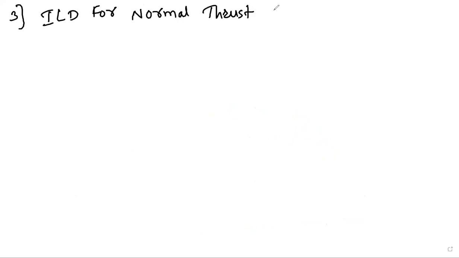Now, third, ILD for normal thrust N and radial shear. The radial shear is opposite of the normal thrust. So whatever the diagram of the ILD of normal thrust, it is the same, but with the opposite sign convention. We have to check that, right? So now ILD for normal thrust. For that, okay,